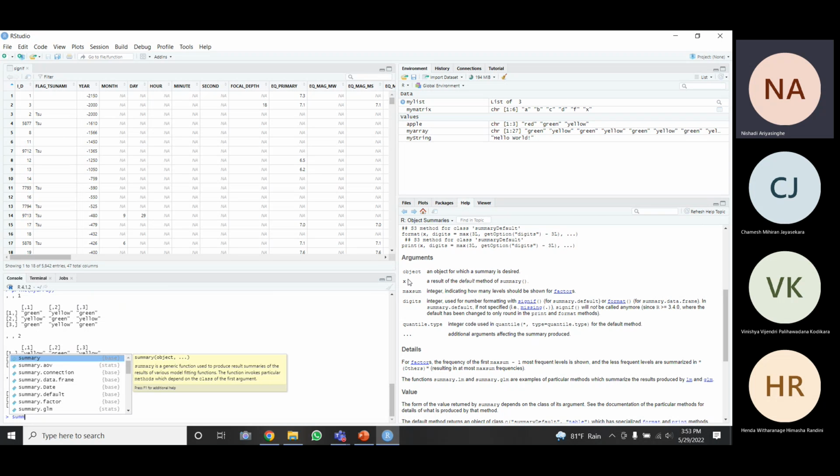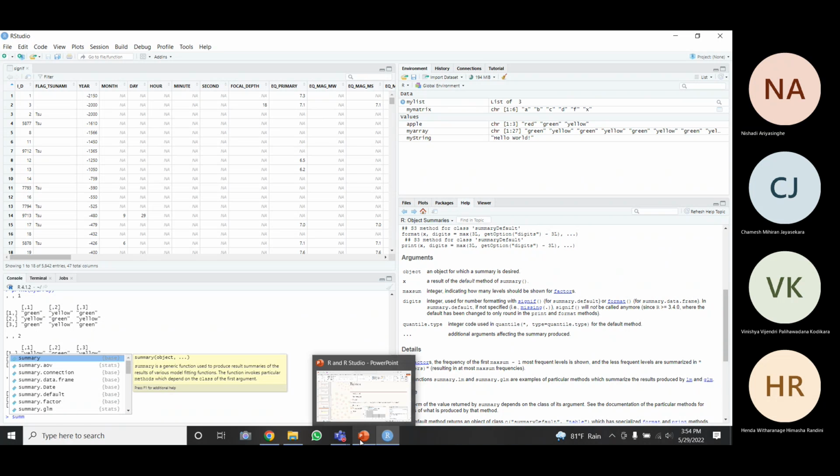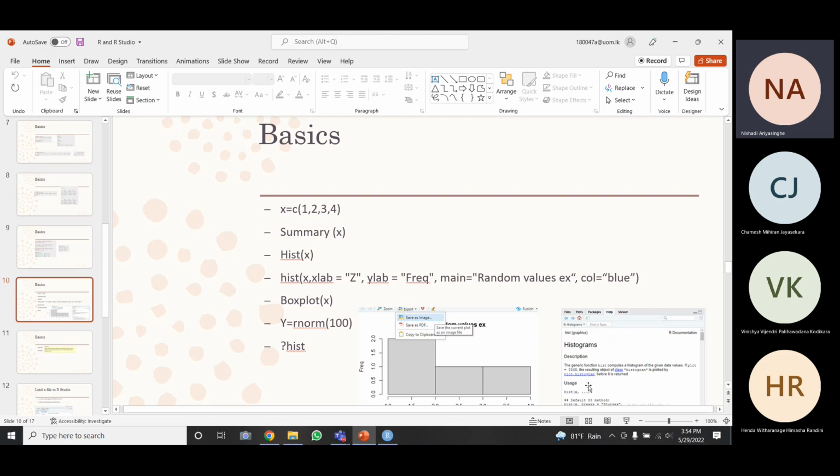With most of the functions, there are certain arguments that you can use to change the function or use the function according to the data that you have, in an optimum way. If you want to optimize the function, you can change the arguments of the function, right? So like that, when you press F1, you can always have additional information about a certain function.